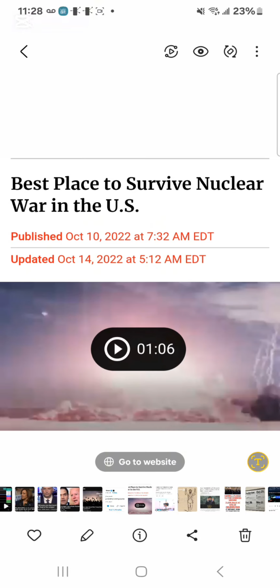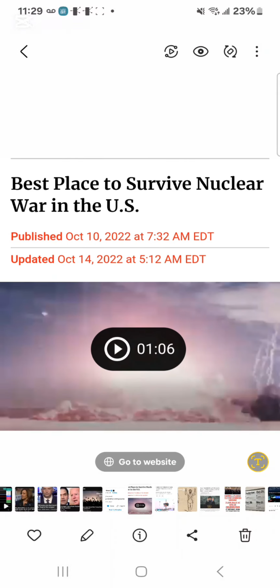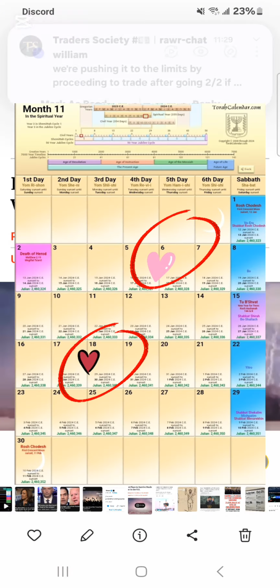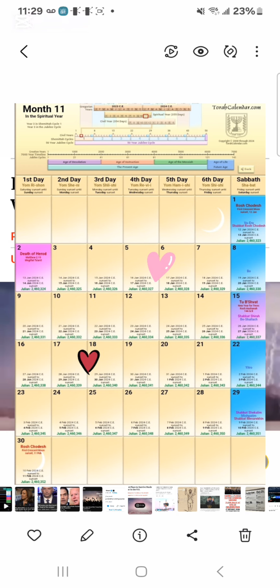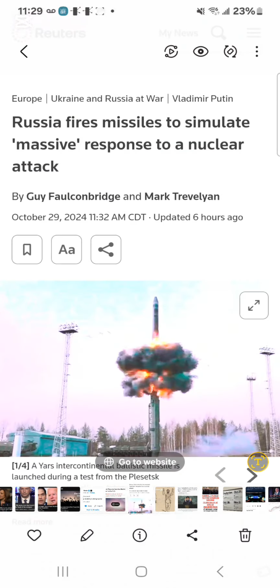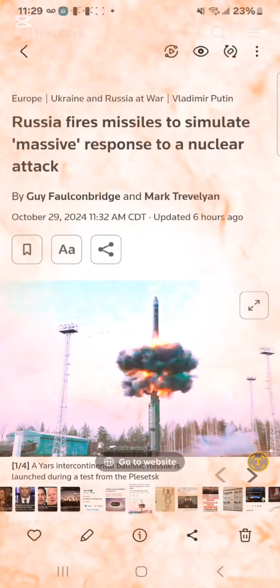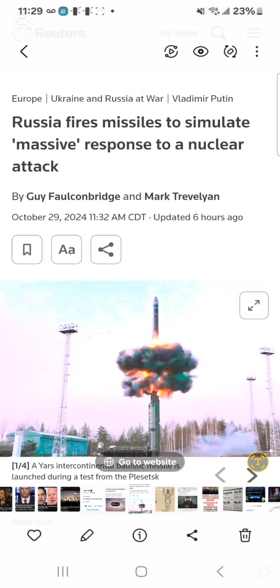And then you got this puppy. Best place to survive nuclear war, says Newsweek. Are you kidding me right now? And when they put a J6 right in your face, 1/6, and I just showed you 1/6 was the 18th, connected to January 30th. Guys, seriously. Okay? Massive in between the lines, some massive nuclear thing, according to Reuters, not Hal Turner.